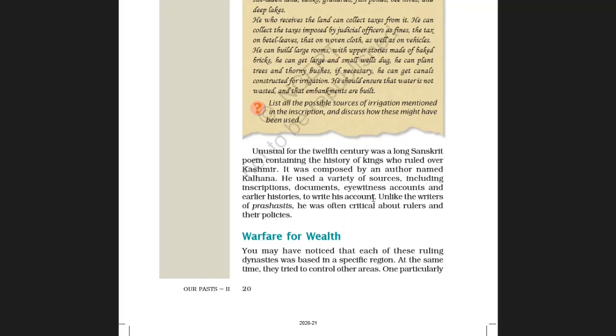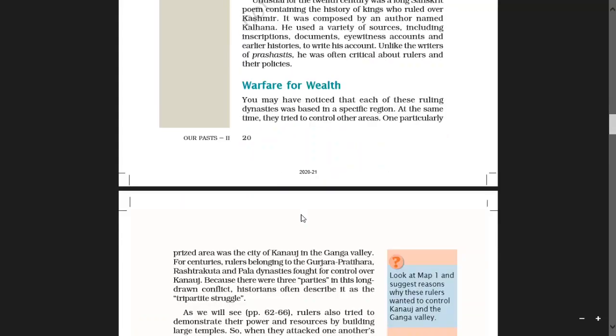Eyewitness means a person who has seen something happen and can give a first hand description of it. Eyewitness accounts and earlier histories to write his account. Unlike the writers of Prashastis, he was often critical about rulers and their policies. Okay, unlike the writers of Prashastis, he was always critical about rulers and their policies.